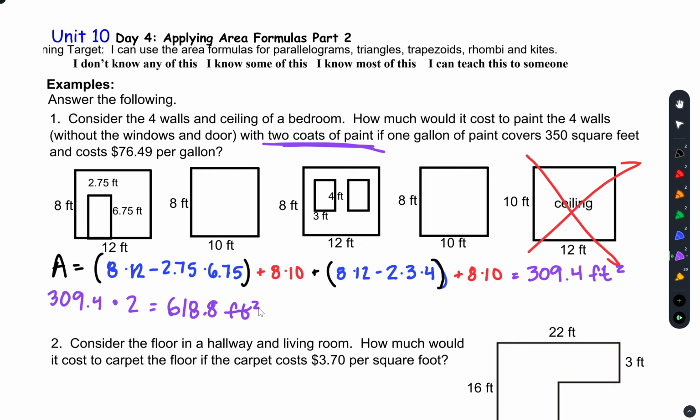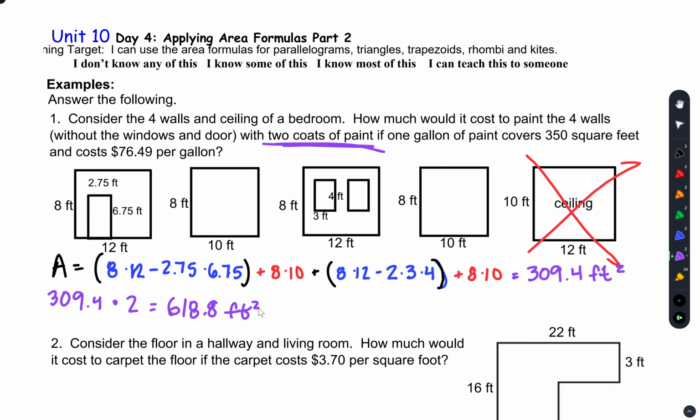You need to do this step first. Do not find the number of gallons first. You need to figure out how much total area you're covering first. Okay? You're going to get 2 different numbers if you try to do this with the gallons. Then from here,